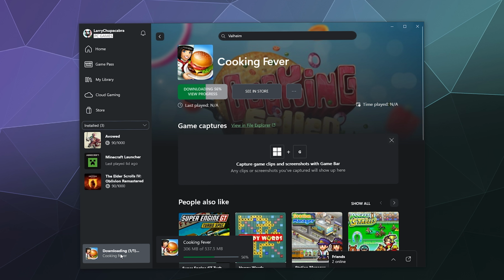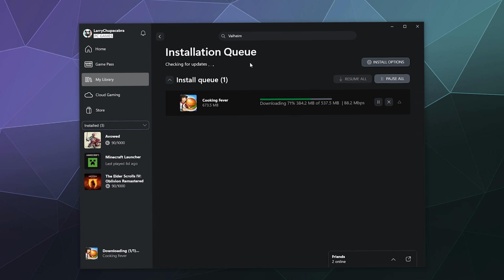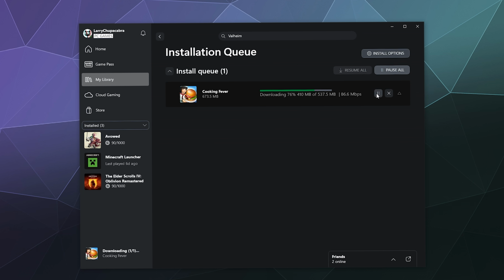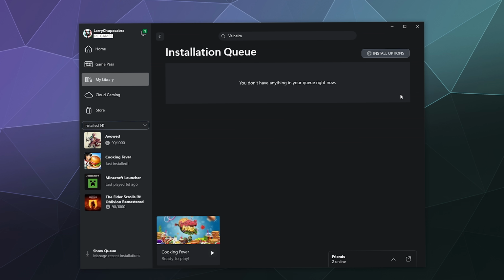And then you can also see it appear in the download queue in the lower left-hand corner of the screen on the left-hand sidebar. You can click on that to see where it's at. You can even pause it or stop the download if you've decided, you know what, I've done that by mistake. And if it's down in the queue and you want to speed it up, you can click on that button on the end to push it up to the first priority so it doesn't have to wait